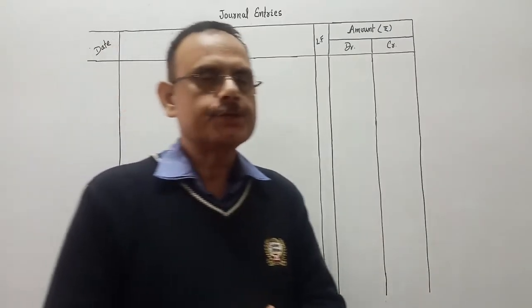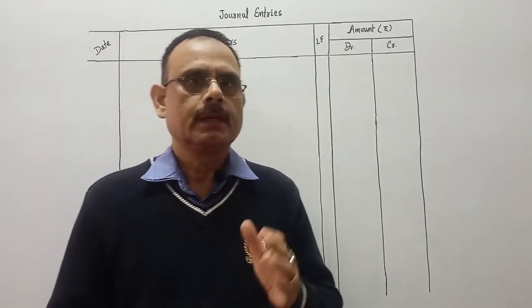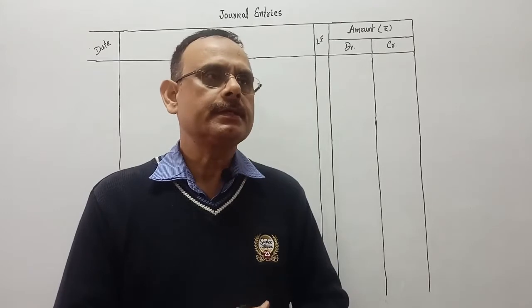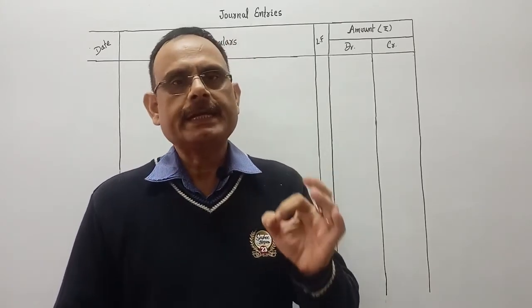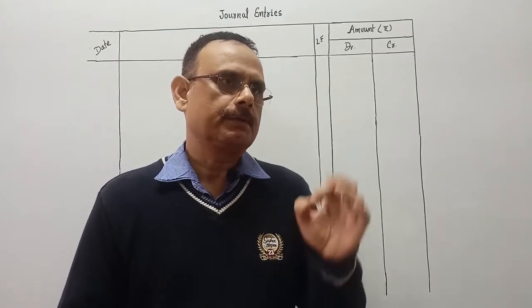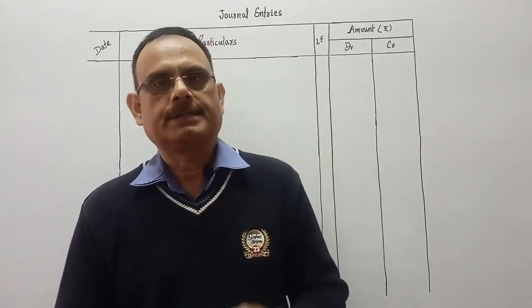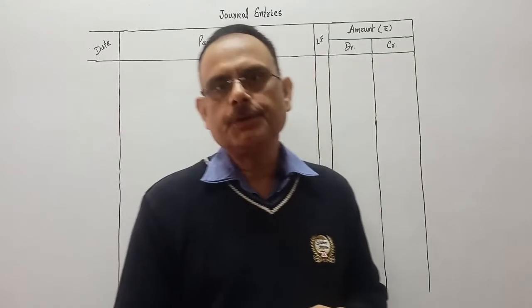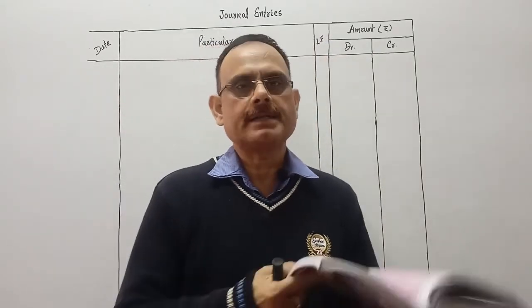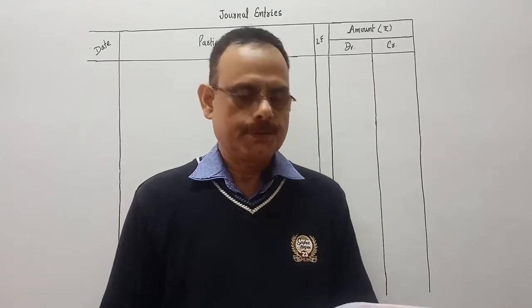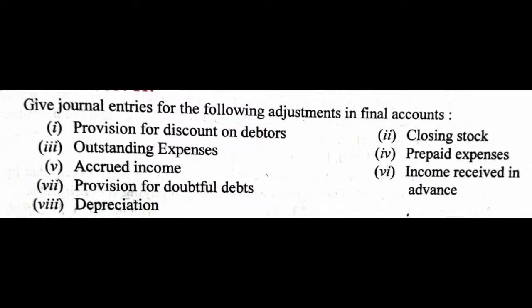Now come to the next, adjustment entries. Here we see how the journal entry is passed for the different types of adjustment. So I am giving you one question. You see the question, and thereafter we pass the journal entries. So the question is,